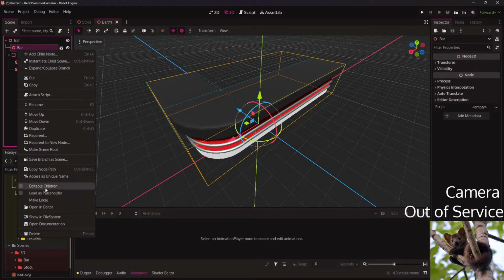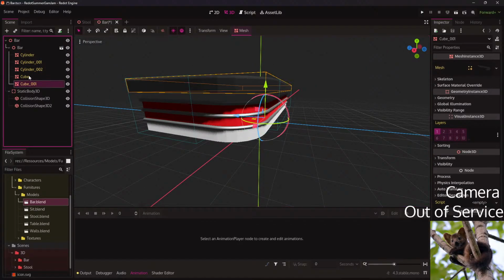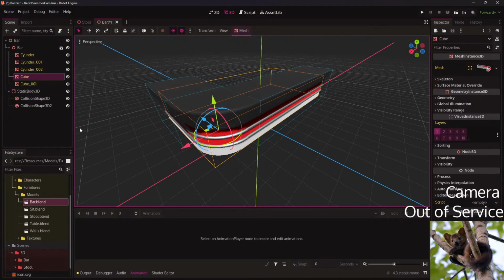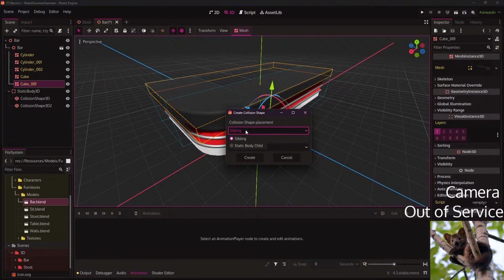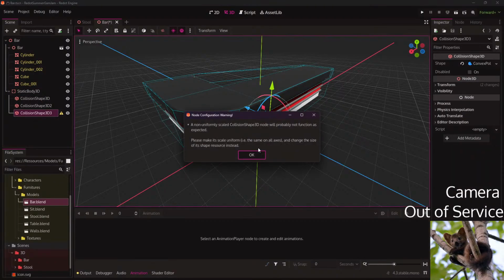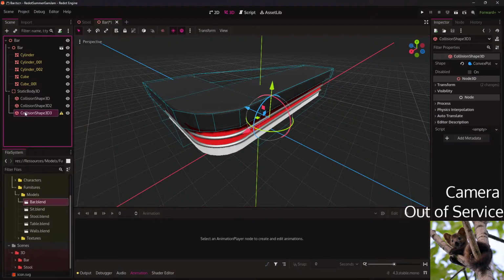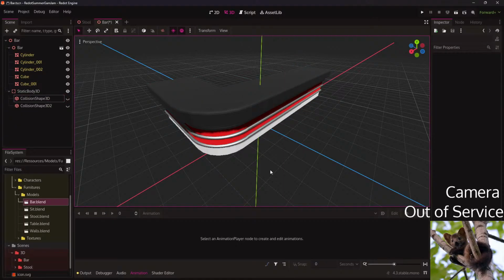Maybe there's a way. Yeah, it doesn't like it because I may have forgotten to apply some transform. Let's see. Maybe I want to actually label these.